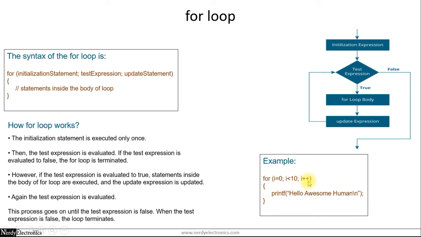Once I++ is executed, the value of I will now become 1. After that, it will go again and check this expression. The expression is true since 1 is less than 10, and it executes again. This goes on till the value of I is 9. Once it is 9, it enters the loop and executes it. But now I++ will cause the value of I to become 10. 10 is not less than 10, it is equal to 10. So the condition becomes false. Hence, at this point, it will exit the loop. Let's see this in a program.